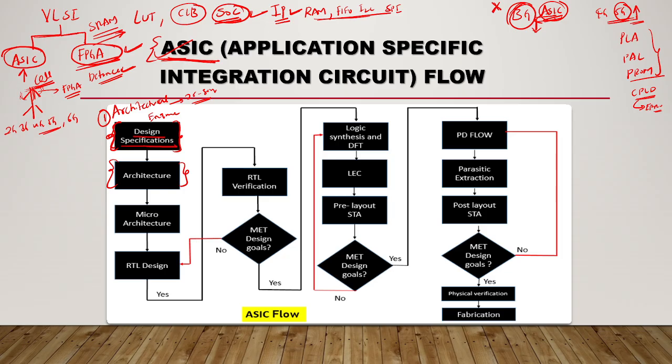Like that, suppose you design a CPU. In a CPU there is an ALU, a memory unit, a control unit, and a bus interface unit. So how are we doing the architecture, how are we planning it? Where the blocks should be placed, where the IO block should be placed, and where the macro level blocks should be placed.